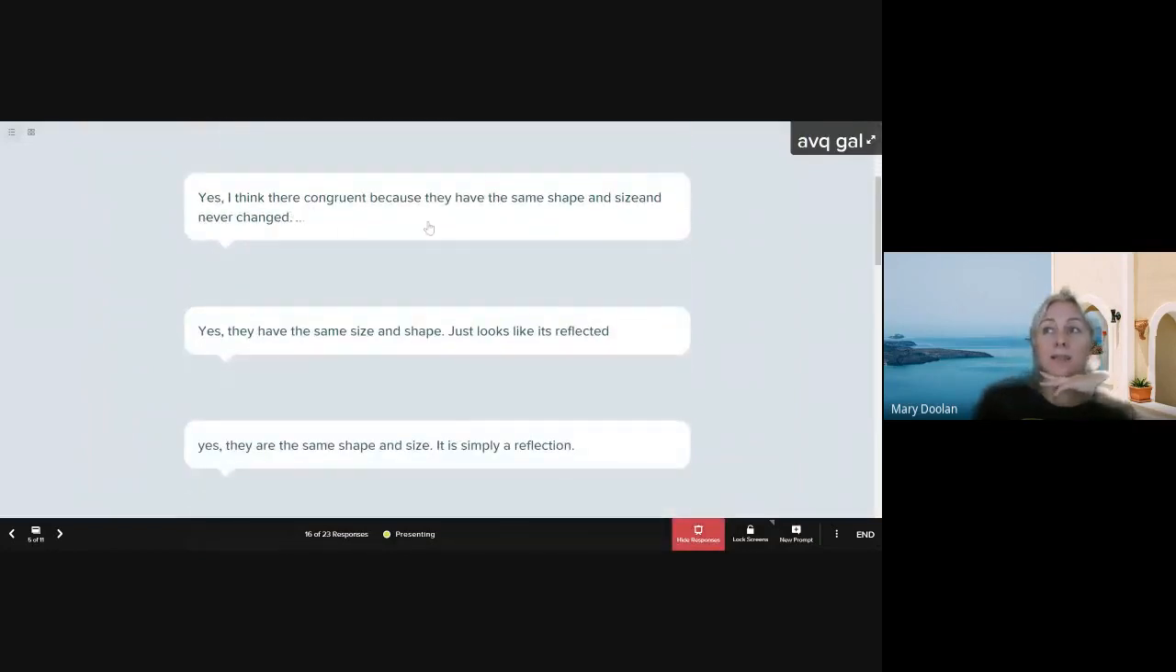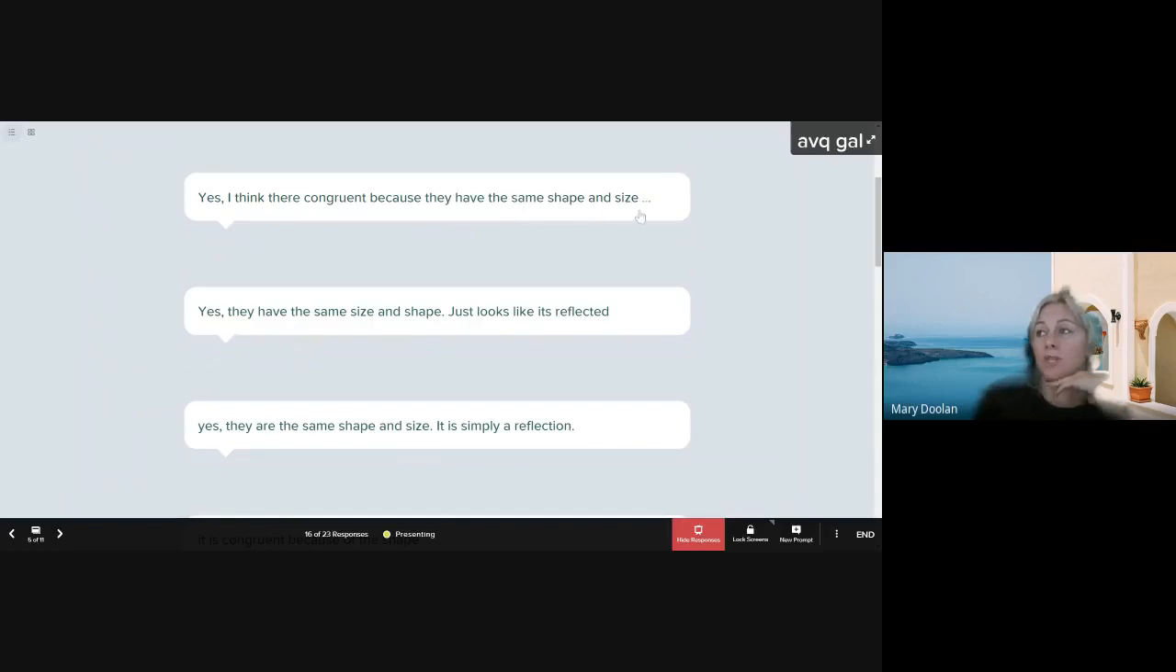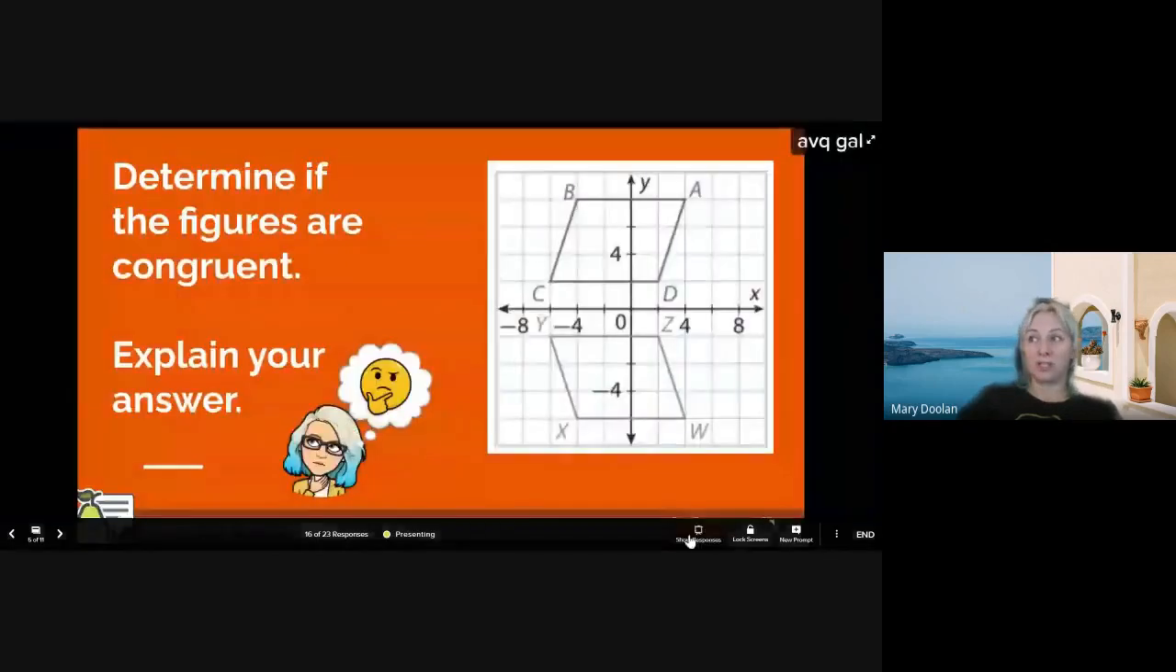Yes, I think they're congruent because they have the same shape and size. Yes, that is true. Same size and shape, just looks like it's reflected. Good. It does look like it's reflected. That's true. Yes, they are the same shape and size. It is simply a reflection. Yes, it is. Okay, so you can see our original figure up here, ABCD, to our figure below is being